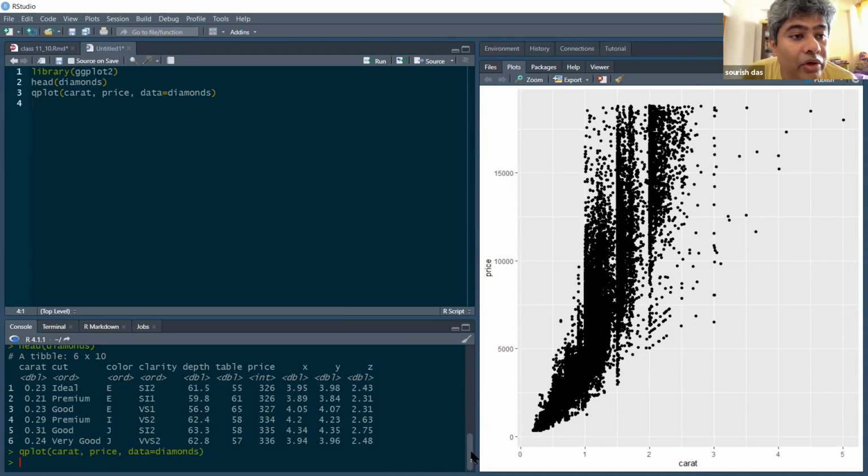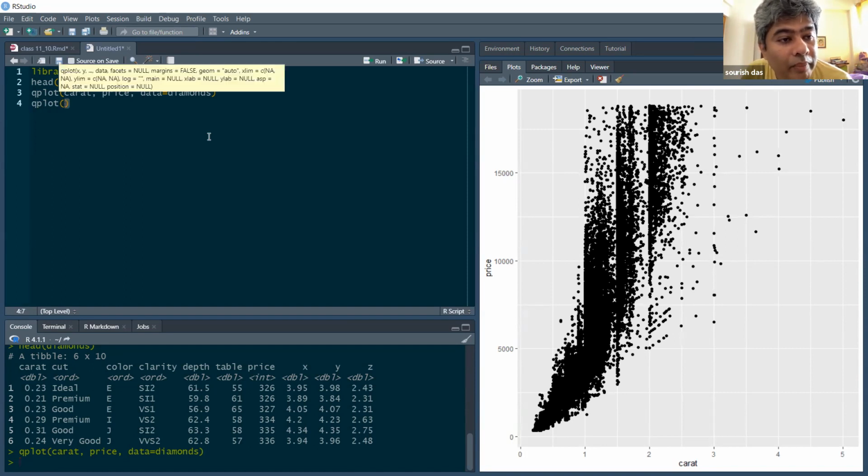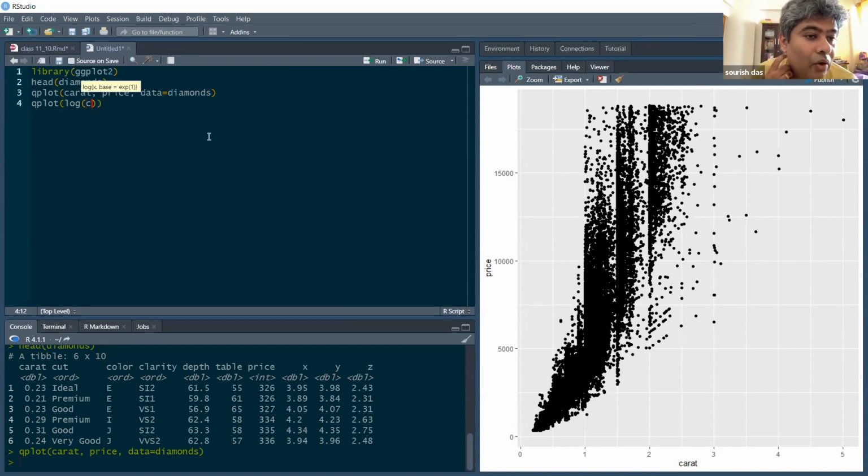So you can try another qplot, try qplot, open bracket, log open bracket carat, comma, log open bracket price, and data equal to diamonds.